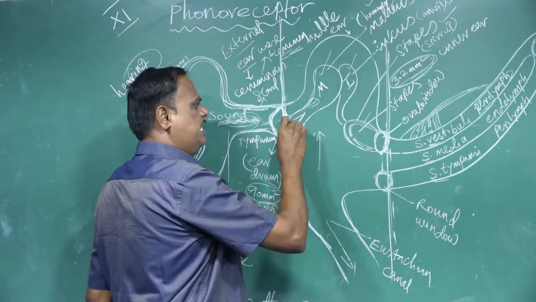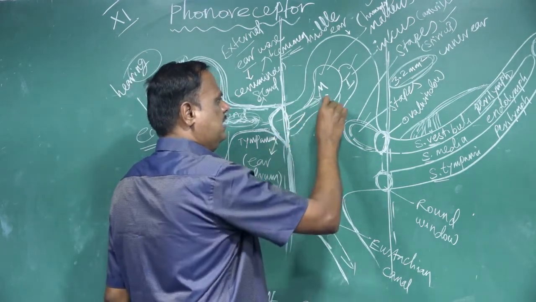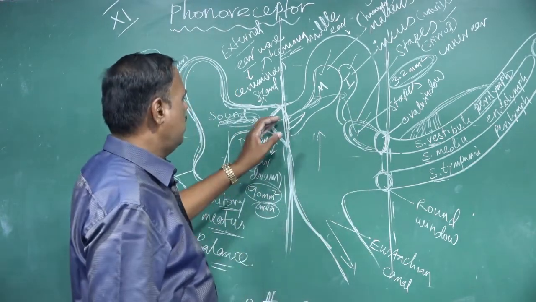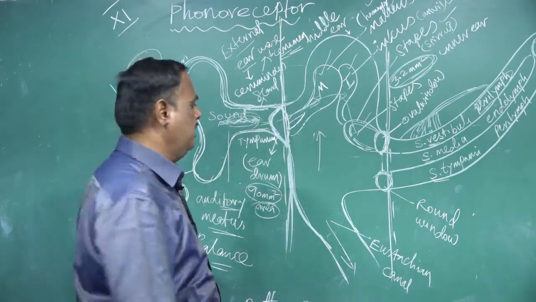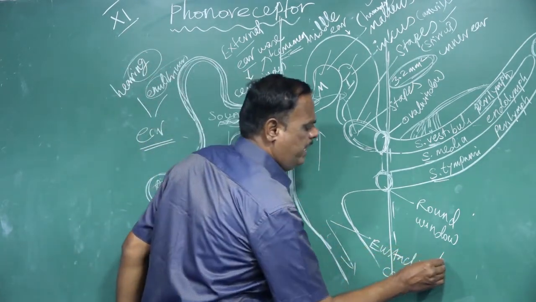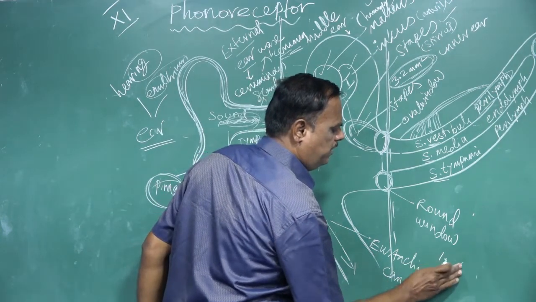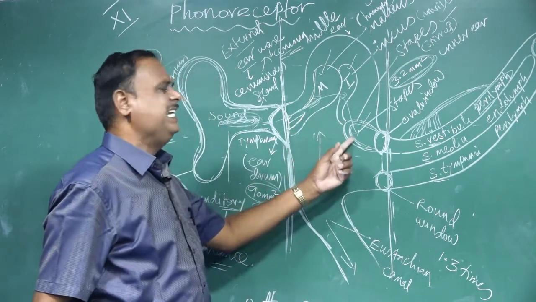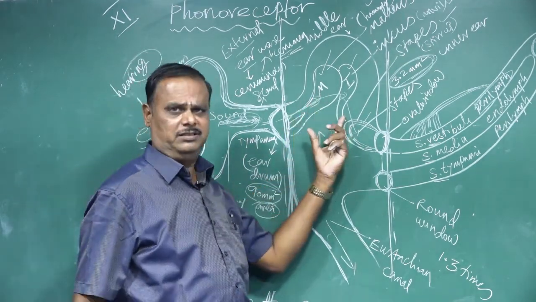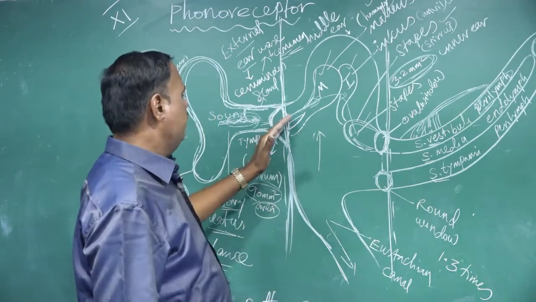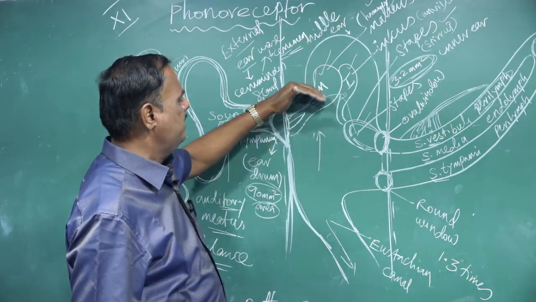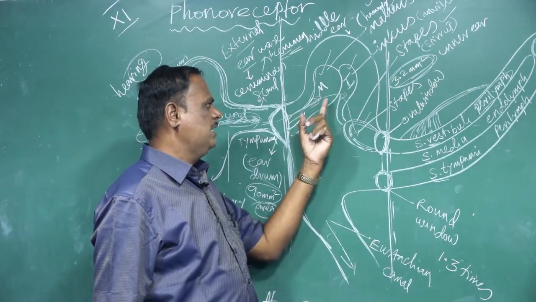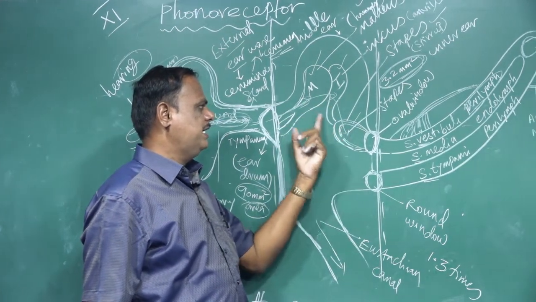The sound vibration passes to the first ossicle, the malleus, then from the malleus to the incus, and from the incus to the stapes. When the sound vibration passes through the ossicles, they multiply the force 1.3 times. The ossicles act as levers connected with each other, in a chain-like process, multiplying the force 1.3 times. Then malleus to incus to stapes act as a lever system.